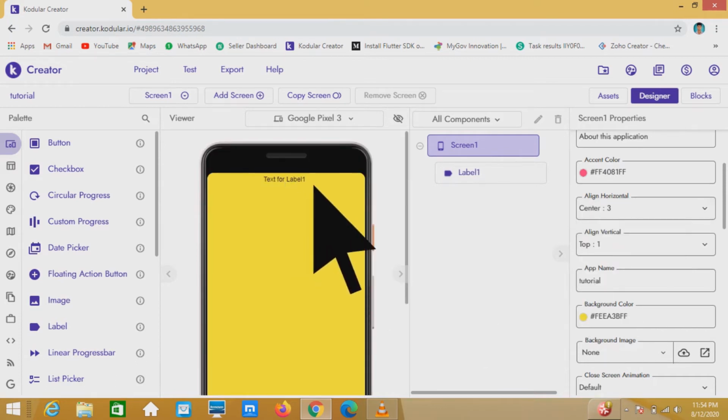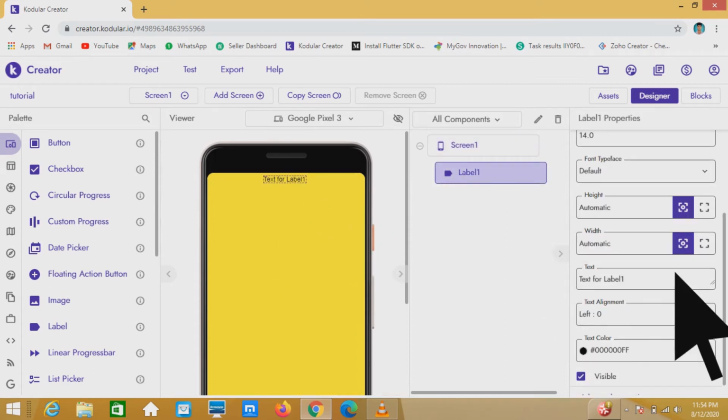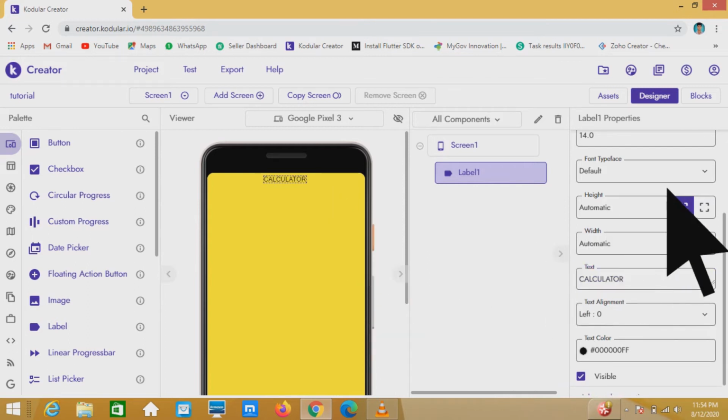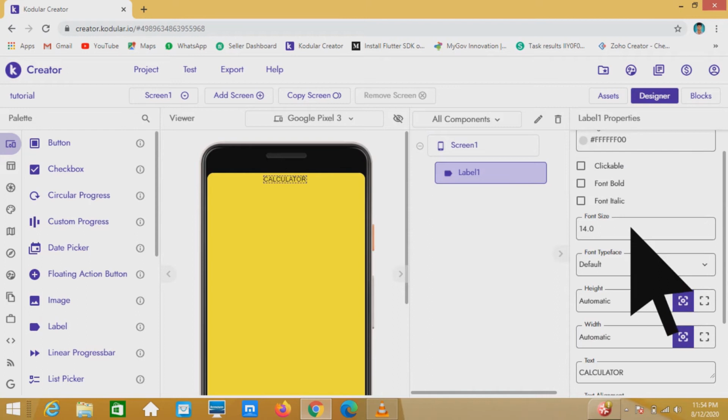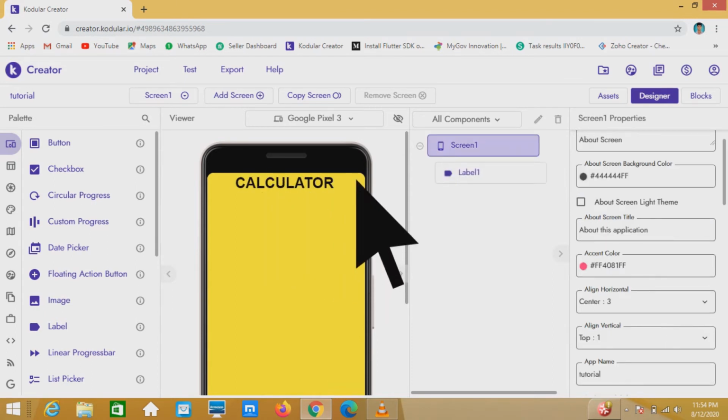Now the label is at the center, so I am going to change the text of the label to Calculator. Then I am going to change the font size to 30, and I will make the font bold. We have a heading, Calculator.